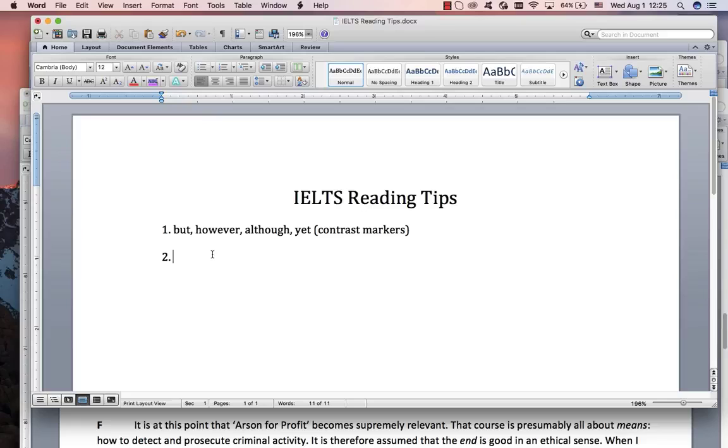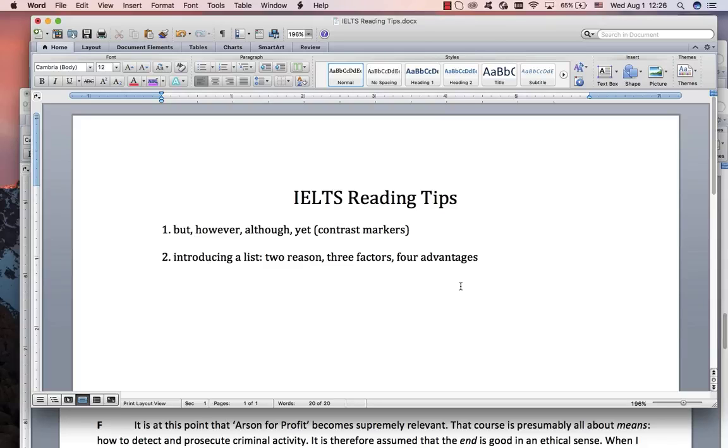The second thing I want to talk about, we didn't see too much of it, but in future readings we will see it's very important, and that's where the writer introduces a list using specific language, things like two reasons, or 3 factors, or 4 benefits, advantages. When you see this kind of language, you must underline those and find those 3 factors, find those 4 advantages. The writer uses this language to introduce a list, and IELTS loves those.